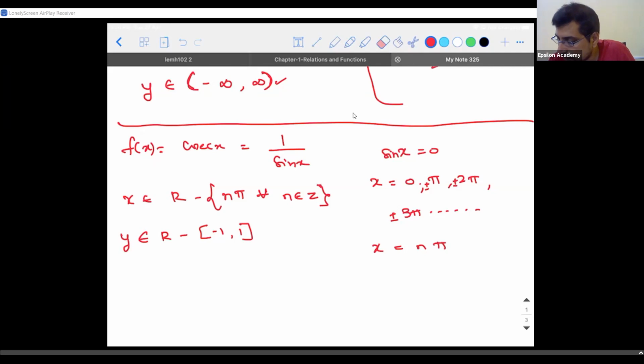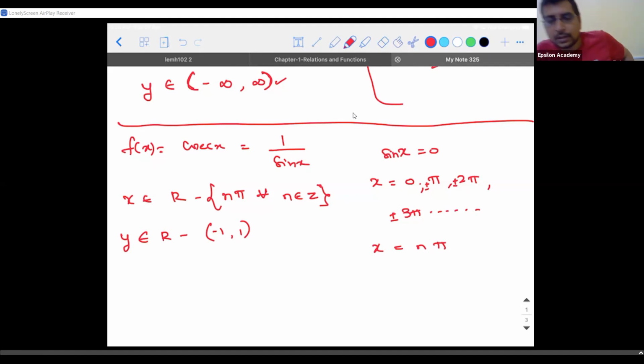Sorry, open bracket. Why did I put an open bracket? Because cosecant x can generate 1 where? When x is equal to pi by 2. When x is equal to pi by 2, sin pi by 2 is 1, cosecant pi by 2 will also be 1. Guys, are you able to understand this? It is not tough. This is very, very important for me to explain before entering the chapter. If it is tough, please let me know. I'll try to explain a different way. Shall I proceed?